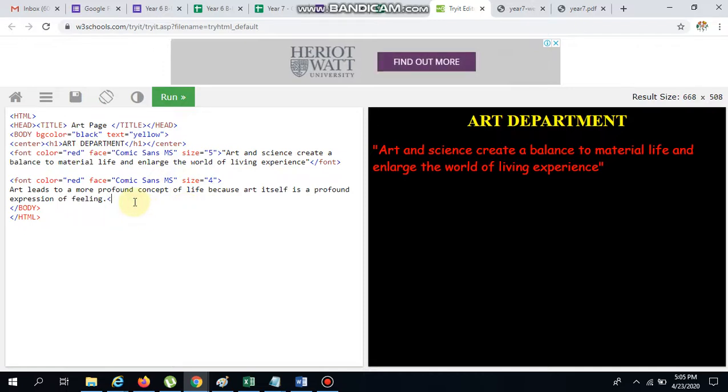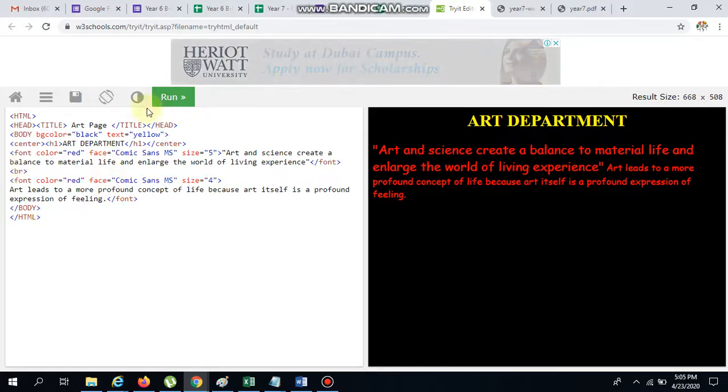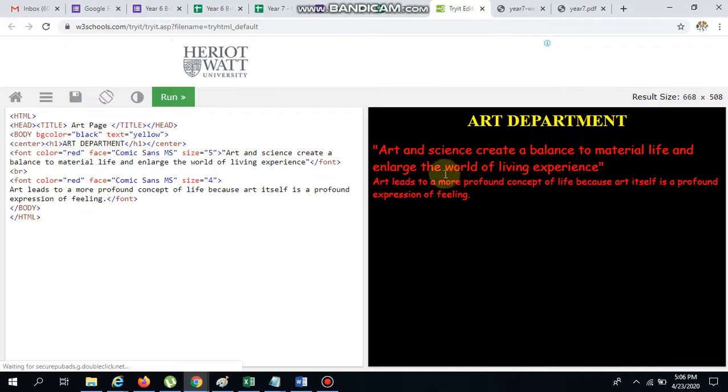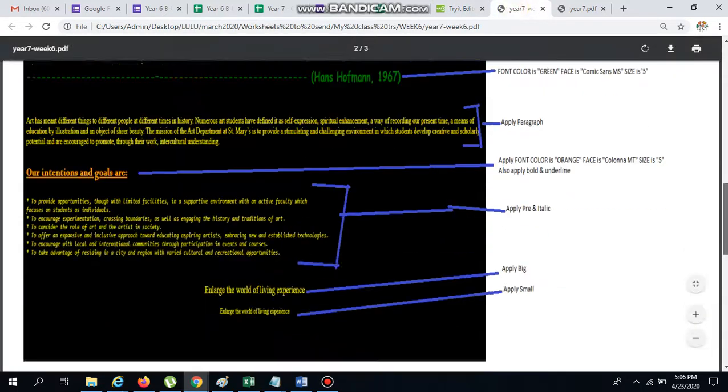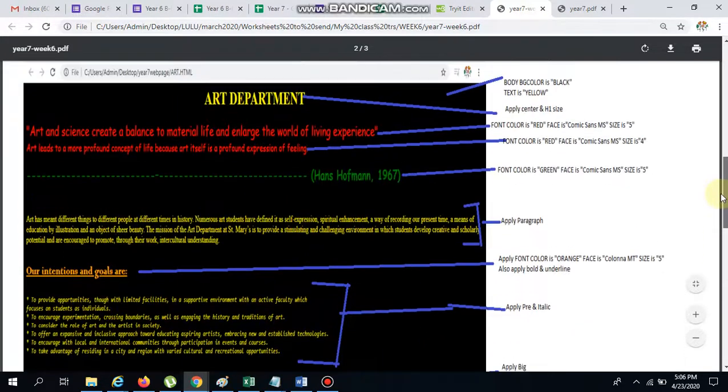Then the font is also closed at last. After that if I press run it's taking effect in my output screen. Then in between, whenever a line break is required, we can add BR. So it's coming onto the next line. You see here, down it's given; also give BR wherever a page gap is needed. Wherever you need a gap you can give BR.